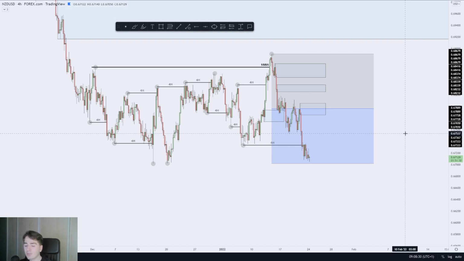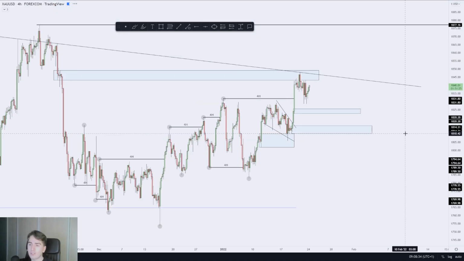So with that said, let's head over to gold. So gold, last of all, I'm expecting a bullish gold pretty much in line with the world economic situation. So at the moment, Ukraine and Russia, of course, are fighting it out with the US. So let's see what happens on that kind of topic. It could mean that we are going to see a bullish gold, a bullish yen, and a bullish Swiss.